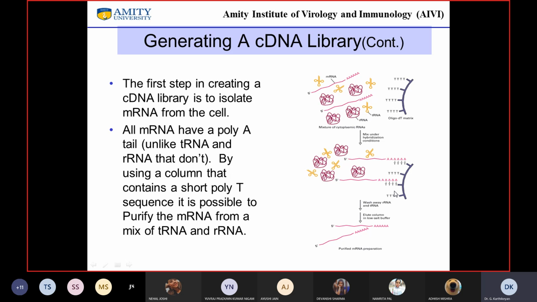When you wash with certain buffers, all the ribosomal RNA and transfer RNA will go away. You can essentially purify pure messenger RNA simply by using a matrix that has an oligo dT, right? Oligo dT columns. Okay, is this clear?